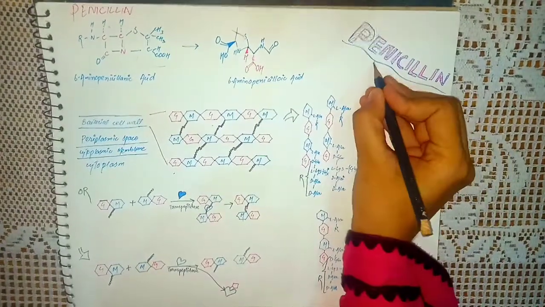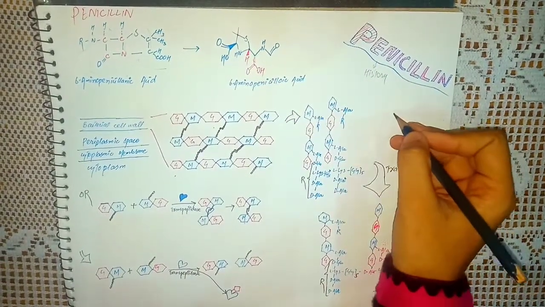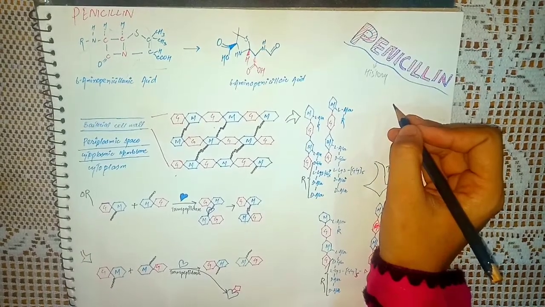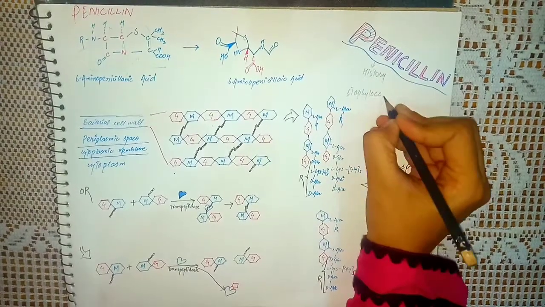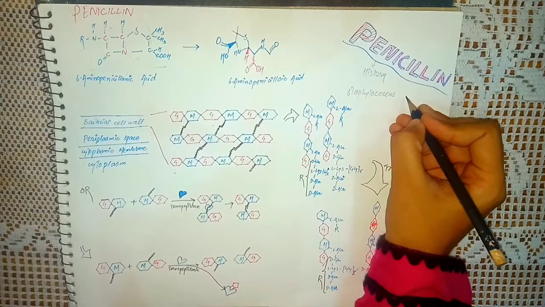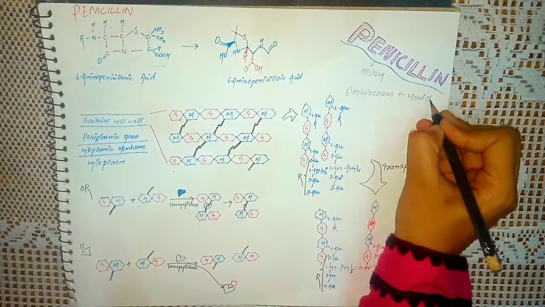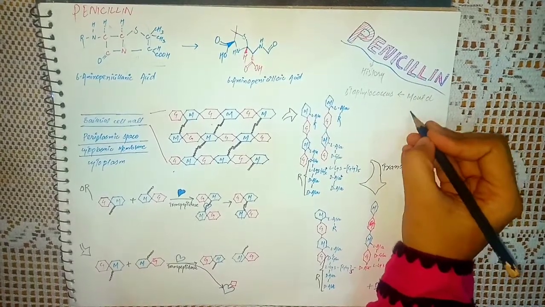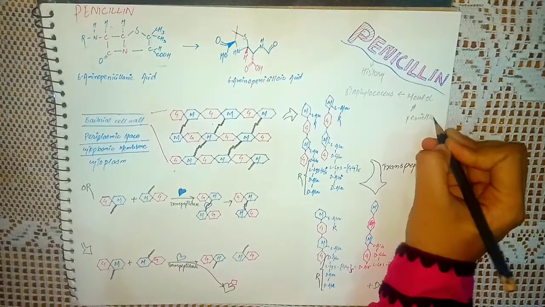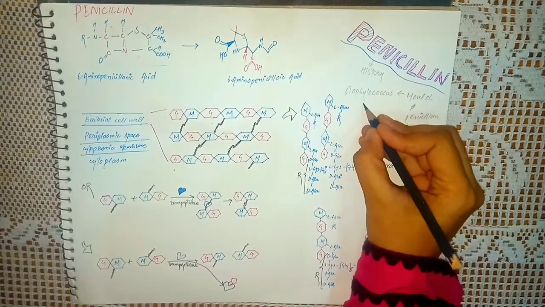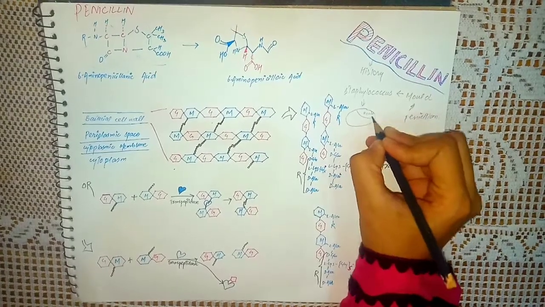Penicillin, the beta-lactam antibiotics. If we talk about the history of penicillin, it was seen that once a scientist working at St. Mary's Hospital in London discovered that a culture plate on which staphylococci were being grown had become contaminated with a mold of the genus Penicillium. He made this observation while working, and he made the crucial observation that bacterial growth in the vicinity of the mold